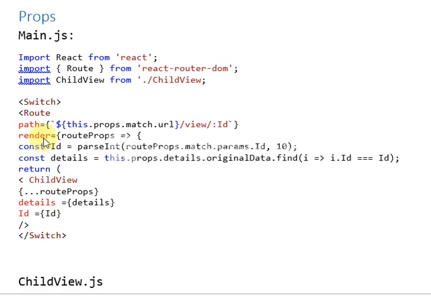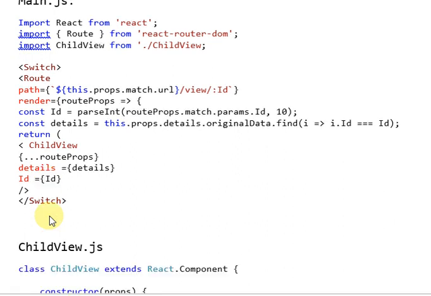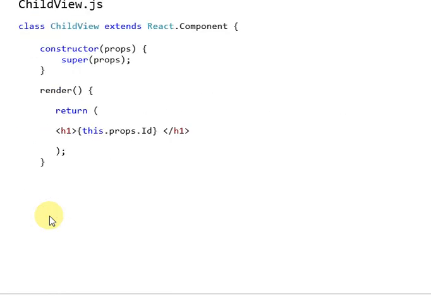First page is the main page. In this main page, I have passed the ID to the child page. So for that, the child page has to be imported in the main.js page, and we call that value and give some variable name for that value. Like here I have declared ID and passed that ID value in this ID name. Now we can go to the next page, that is the childview.js page.